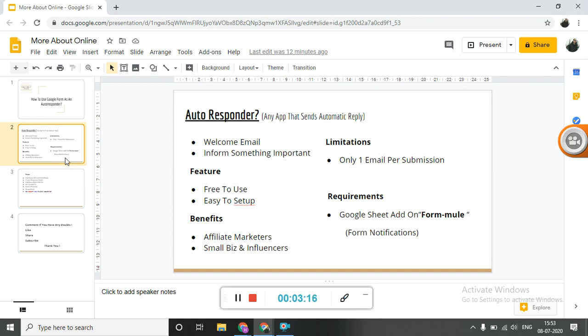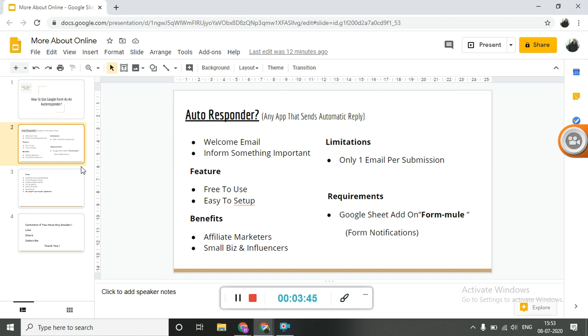So moving ahead, you will require an add-on over here. Now this add-on does not have to be on Google form. This add-on is going to be on Google Sheet. I'll tell you how we can use this, but before this I want to clarify one thing. I know many people will think, why are we using an add-on on Google Sheet, why can't we use an add-on like form notifications in Google form itself?